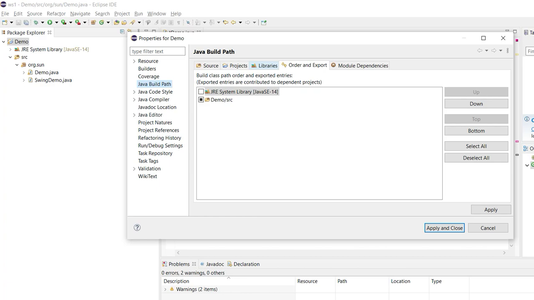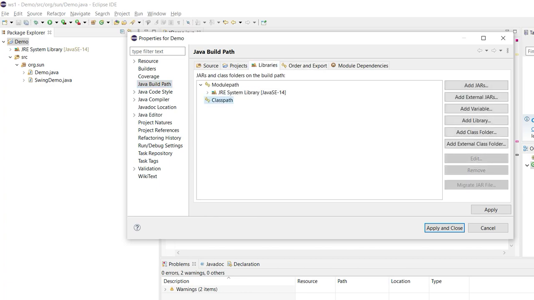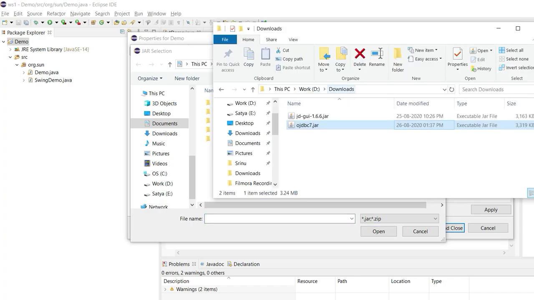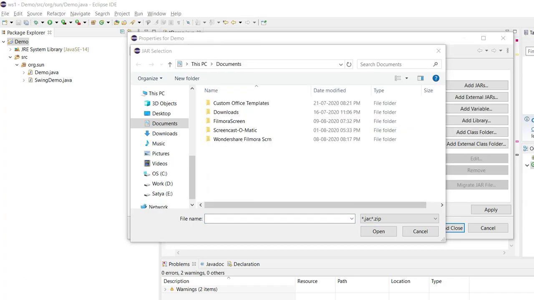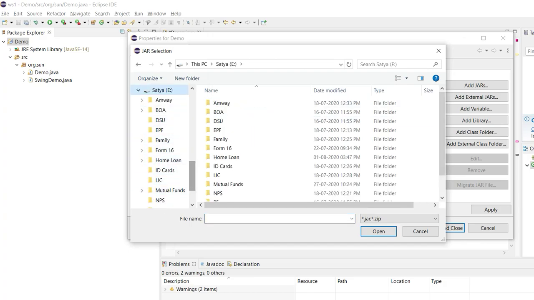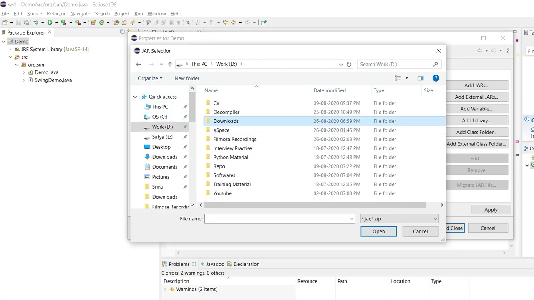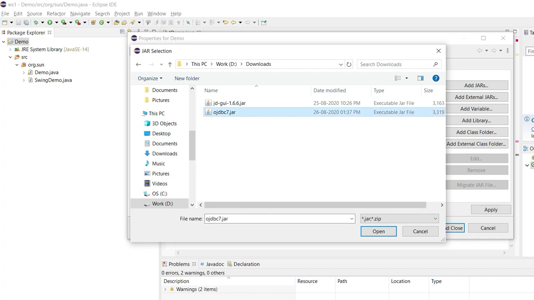Here in libraries, select class path and go to add external jars. The jar is outside, and my jar is inside downloads, D drive downloads. Okay, let me go to D drive and downloads. Select the jar file. If you have multiple jar files, no problem, you can select multiple as well. I have a requirement only for one jar, so I'm adding this one. Open